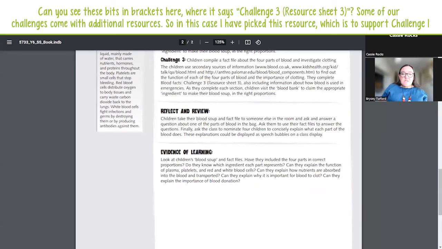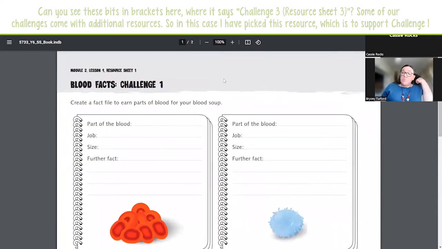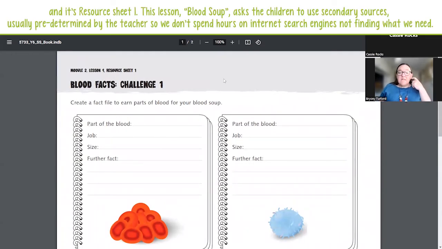Now, some resources, can you see these bits in brackets here where it says challenge 3, resource sheet 3? Some of our challenges come with additional resources. So in this case, I have picked this resource, which is challenge 1. This is to support challenge 1, and it's resource sheet 1. And this lesson, Blood Soup,